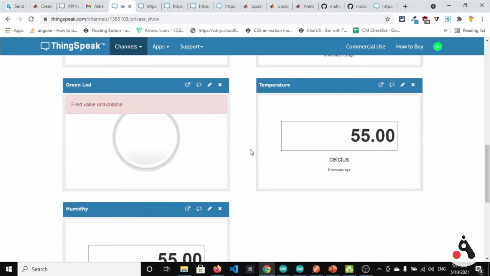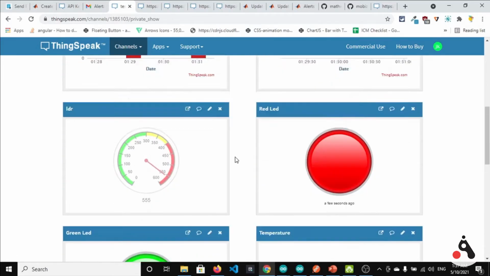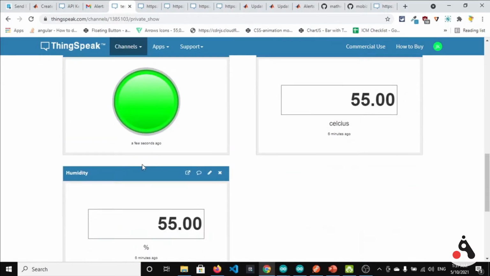So we have to make another request. Okay, now it's updated. The green LED will also update because we have made an API call with field 5 equal to 78, which is greater than 0, and you can see that a few seconds ago this is also updated. So that's how each of these widgets are working.